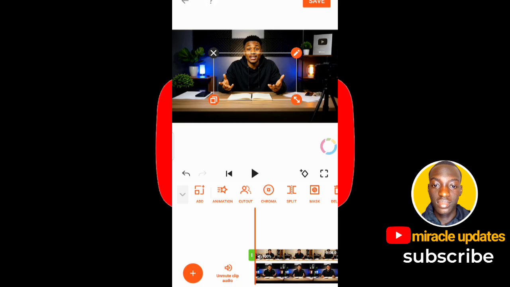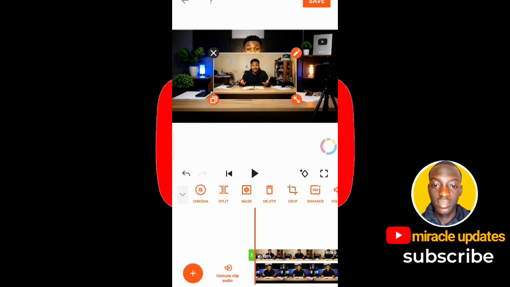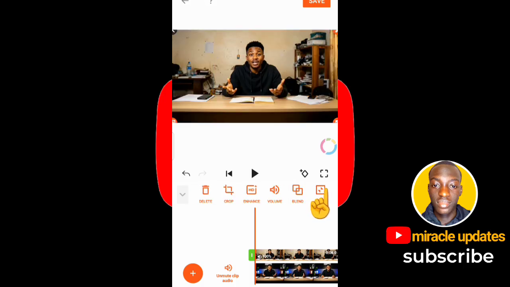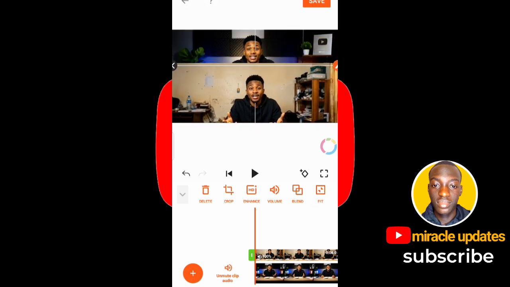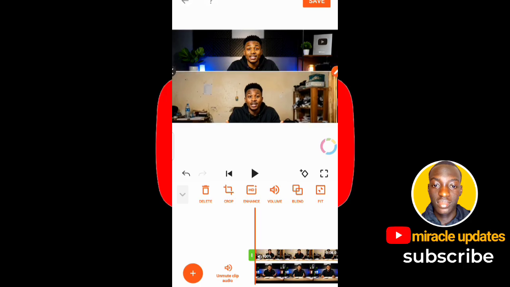Wait, this is where the magic comes. So after importing it, slide, you will see fill. Click on fill to fill it to the screen. Then use your thumb to drag this one down, the one we overlaid. Drag it down. So once you drag it down like this, then the next thing you should do is slide